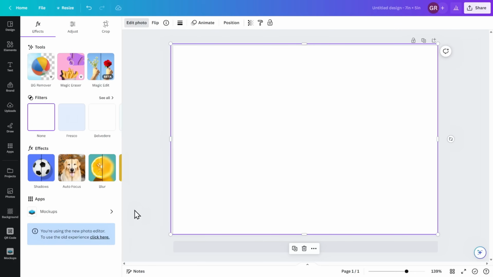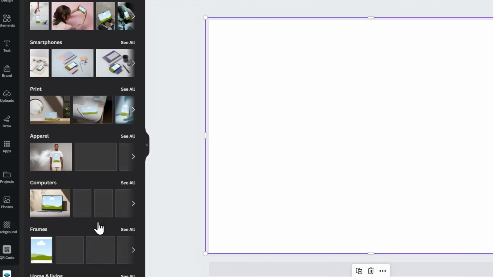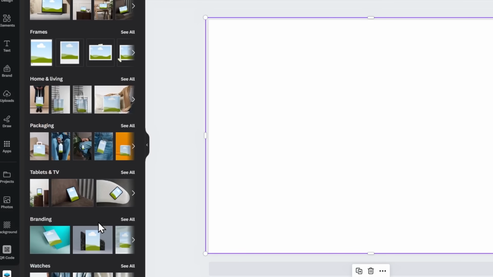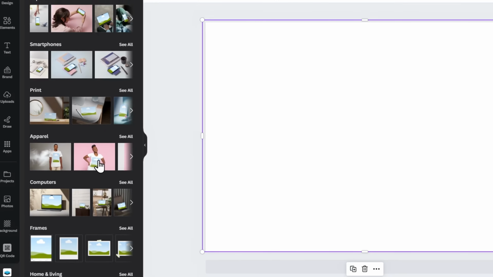As we have been exploring in Photo Editor today, you may have noticed this Mockups button. If you've ever wanted to know what your image might look like on a mobile phone or a water bottle or even a tote bag, this is where you can easily insert your image in a desired template. This works really well if you want to see what a company logo might look like.